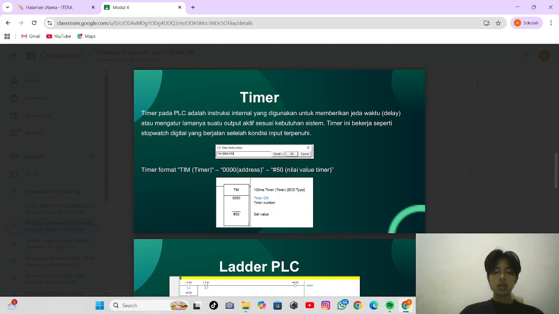So if you set the timer, it means the timer will count up to that value before sending the signal.